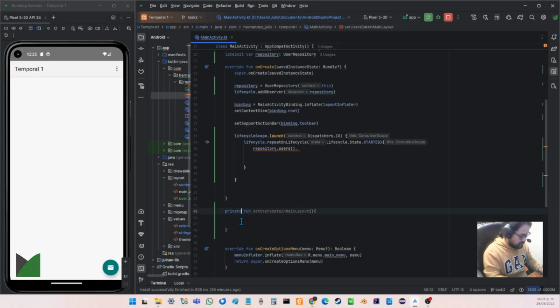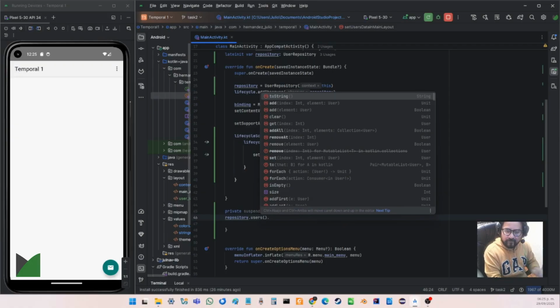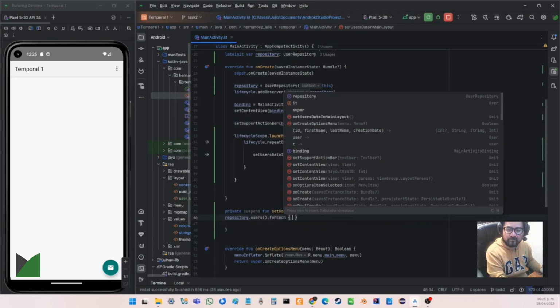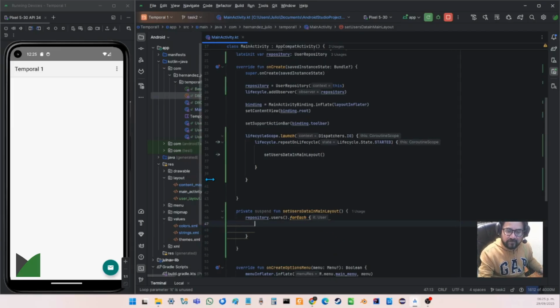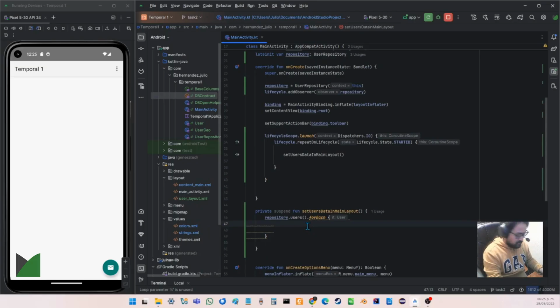This is private suspend, and for each one I need to inflate. I'm going to inflate these elements, so val